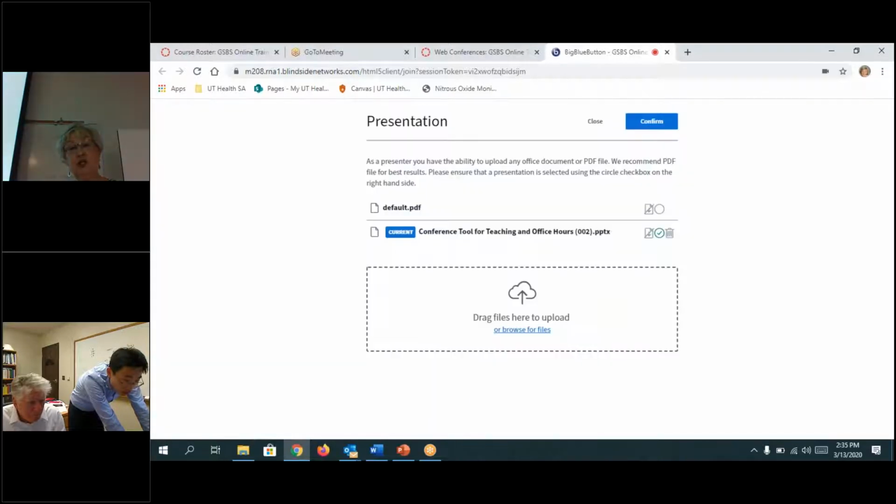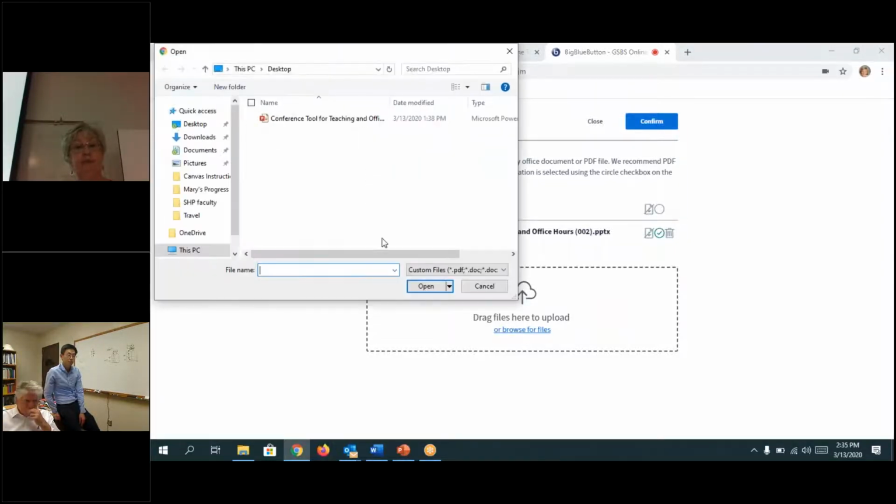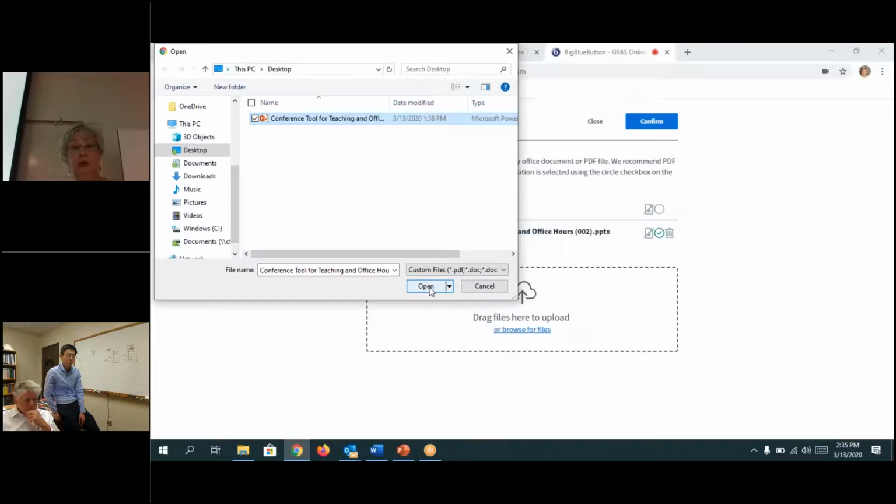So upload the presentation. I clicked here where it says you can either drag and drop or browse for your files to upload. I have my file on my desktop, so I'm going to click that file and open it.